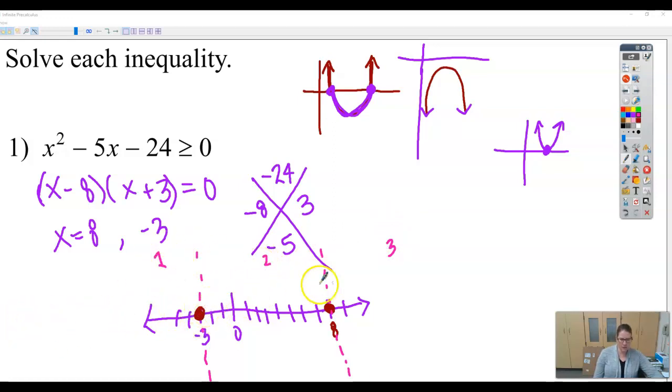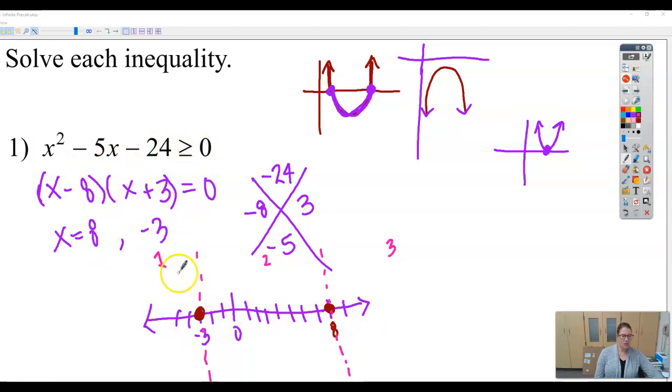Interval 2 goes from -3 to 8, and interval 3 goes from 8 to infinity. So basically everything in interval 1 is going to be the same. It's either going to be greater than or equal to 0, or it's going to be less than 0. And the same thing goes for interval 2 and 3. So if I can just check for each interval to see if the value is positive or negative, that's going to help me determine which parts of my number line are greater than or equal to 0, or my x